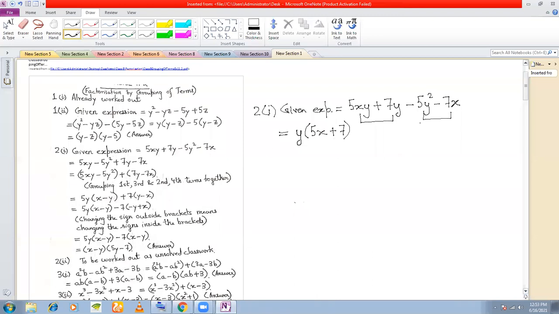Now anything common between these two? Nothing is common. If nothing is common, then HCF we can take one common from these two. If I'm taking out one common, what am I left with inside? If I'm taking out 1 from 5y square, I'm dividing 5y square by 1 so that I get back 5y square. And because I have introduced this minus sign outside this bracket, this sign here will change to a plus sign. And this 7x we write as it is, because 7x we divide by 1, we'll get 7x.